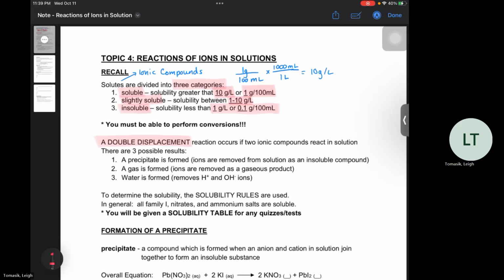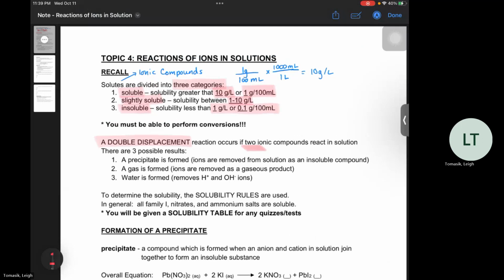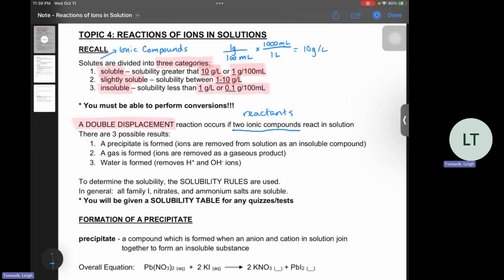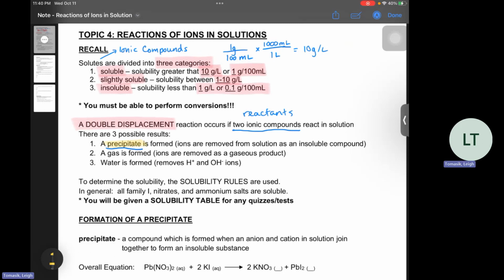A double displacement reaction occurs if two ionic compounds, these are our reactants, react in solution, and they can form either a precipitate, which is an insoluble compound, or they can form a gas, removed as a gaseous product, or we form water from H plus and OH minus. To determine this,